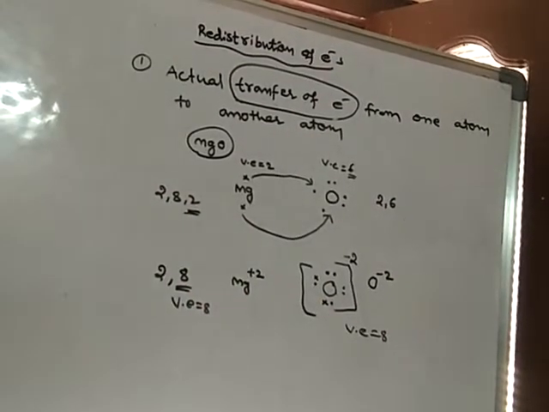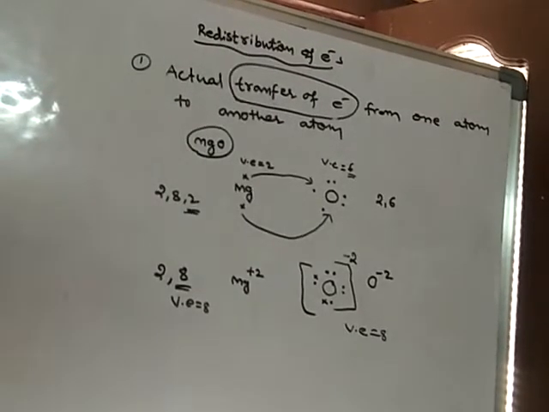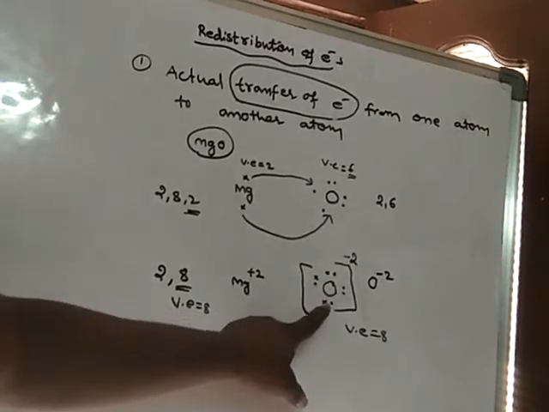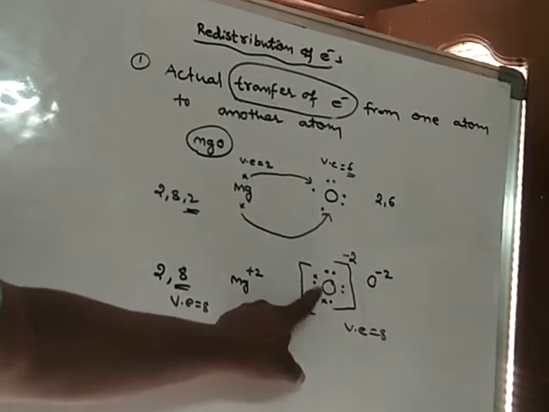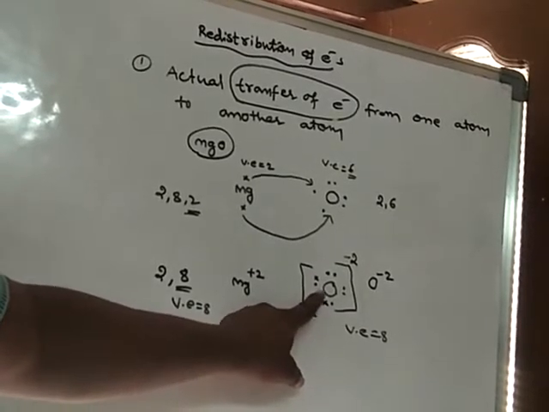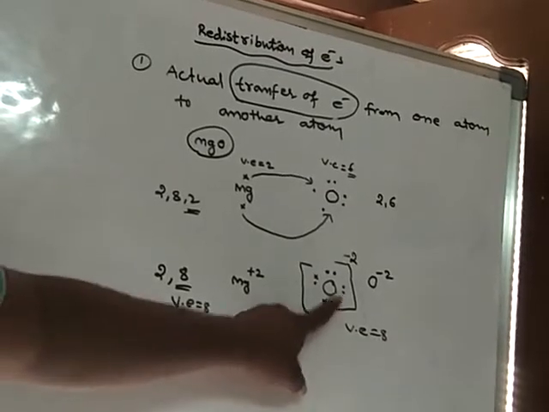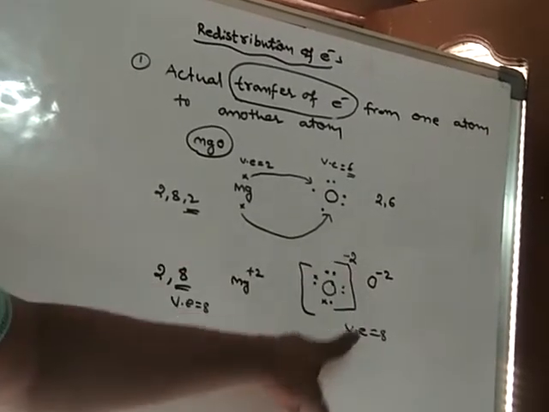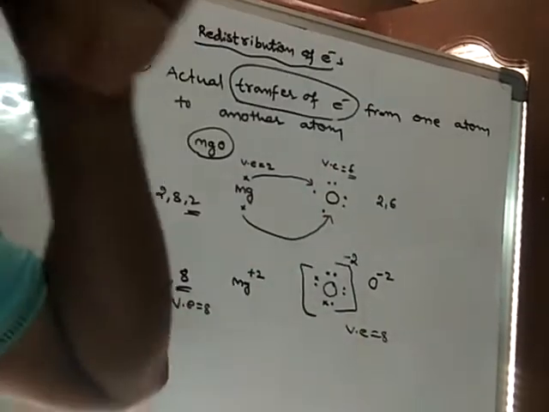They are not the electrons of oxygen. They are foreign. Foreign means from other atoms. So these electrons have come from other atoms. Each electron has 1 negative charge, so there are two excess negative charges. That is why the oxygen is carrying two excess negative charges, and it should be written like this or else like this.